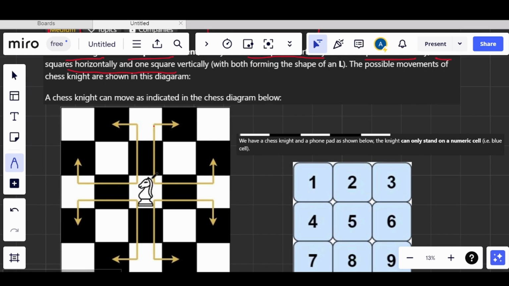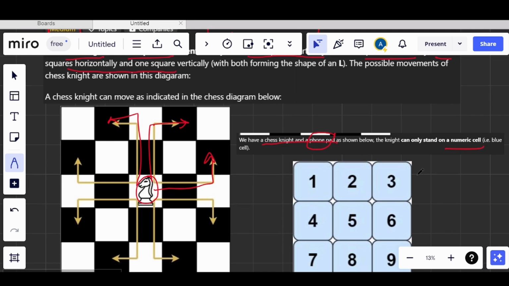So if we have a chess knight here, it can move in this direction, it can move in this direction, it can move in this direction. In the same way we have been given all the directions in which the chess knight can move. What they have told here is we have a chess knight and a phone pad also. Now the chess knight can only stand on a numeric cell, which has been given as blue here.